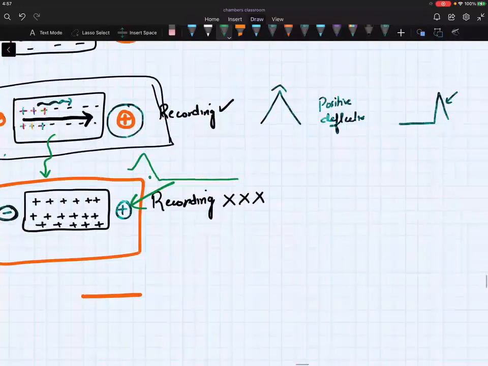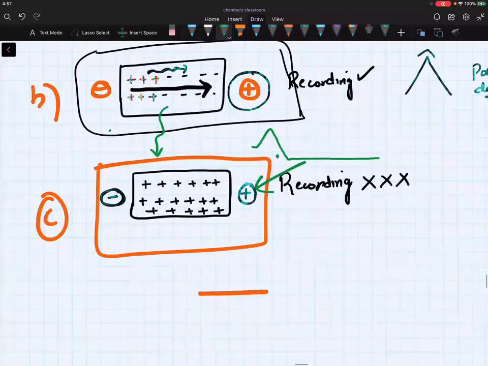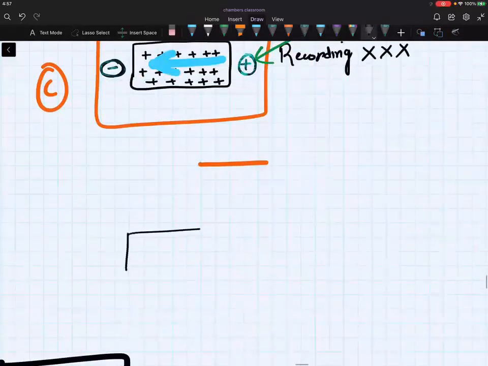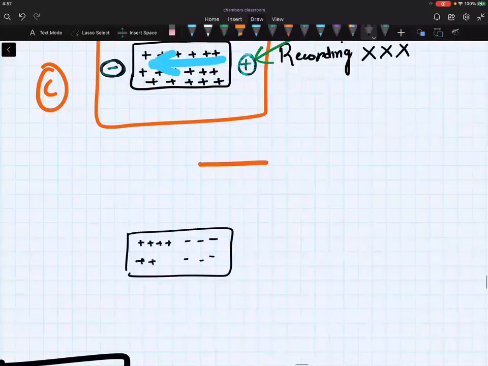Another thing I want to say. Now you have depolarized. Will the repolarization start from this area, the arrow area? In C case, yes. The sky blue color arrow is now starting repolarization. So how will the repolarization start? The repolarization starts like this: negative, negative, negative, and I'm making some positives already. So can I say something will be recorded? Yes. But first, tell me the electrode. This is negative, this is positive again.